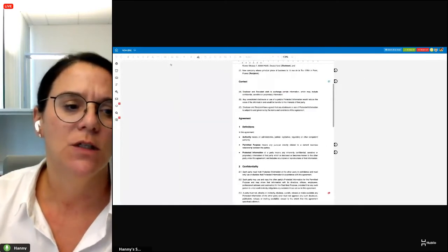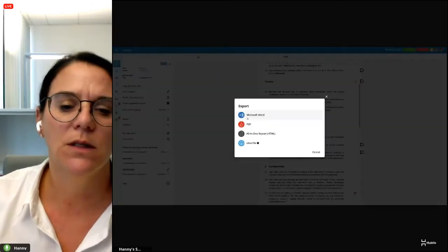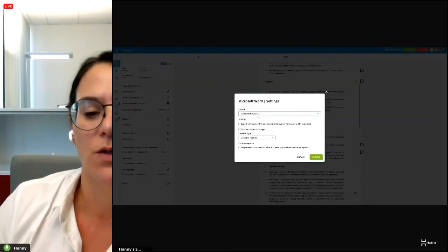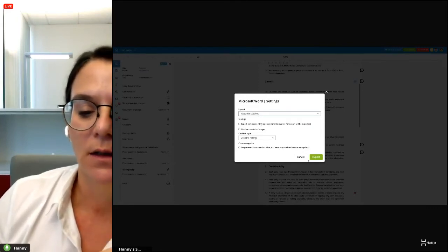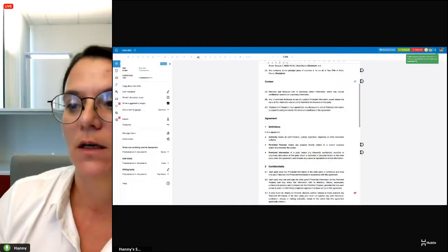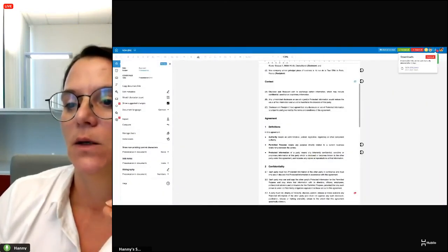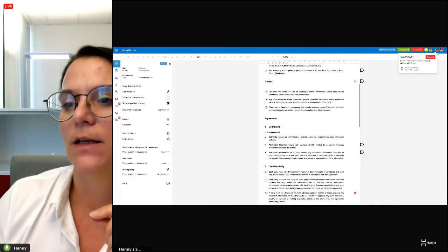And now let me just show you one single thing I really love: to export this document. And I could also decide in which kind of layout I want to do it. Let me do it this way. I want the red line. You see here that I'm going to download this document. And here you are. I need to download it, and I can just open the document, but I know that